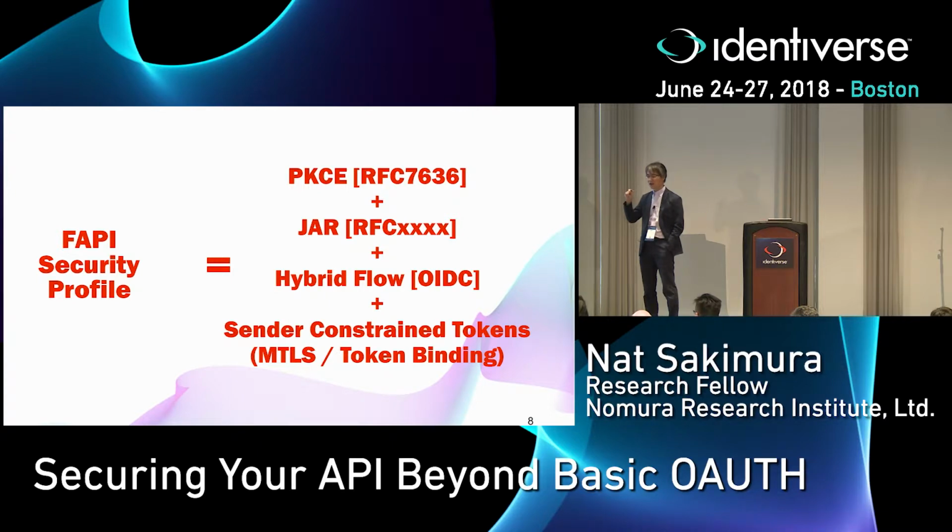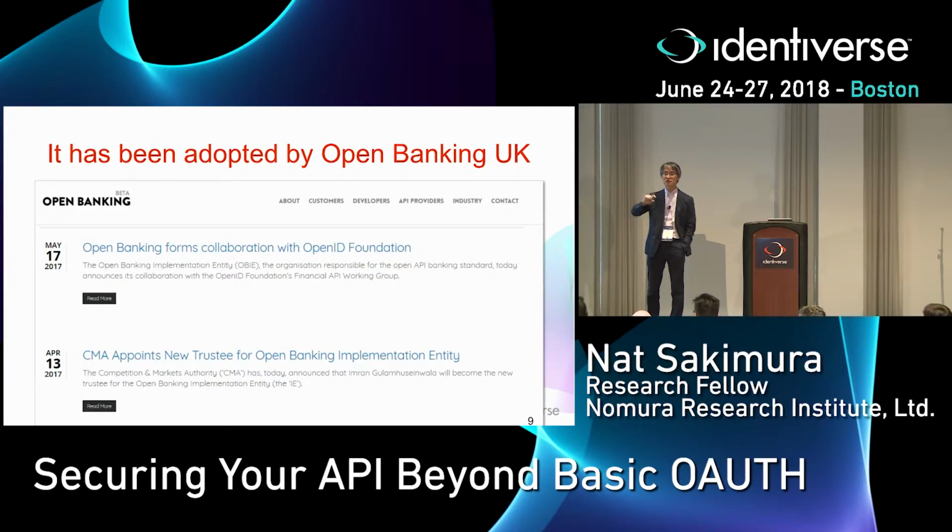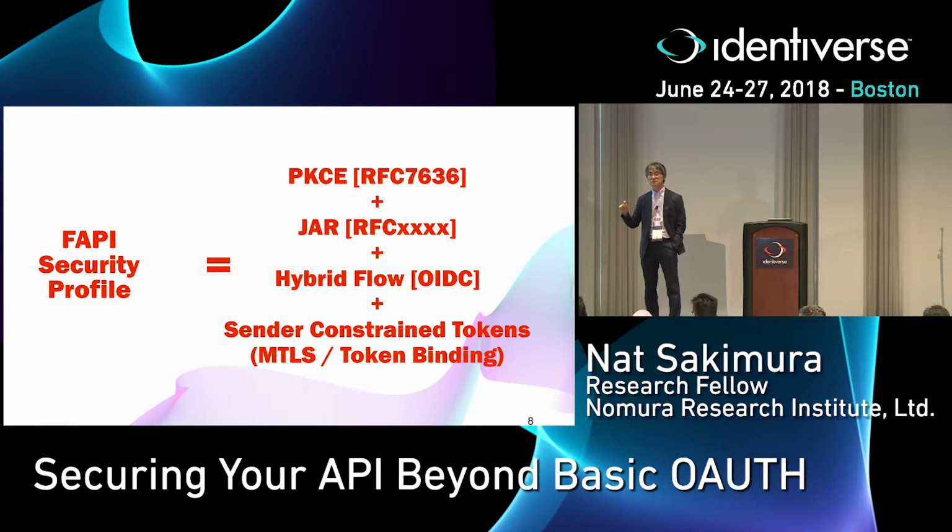This is the kind of OAuth which takes the authorization request message and authorization response as completely protected by digital signature. And hybrid flow is something defined in OpenID Connect, which also helps with the integrity of the messages. And then we are combining that with sender constrained tokens, which is being worked on as